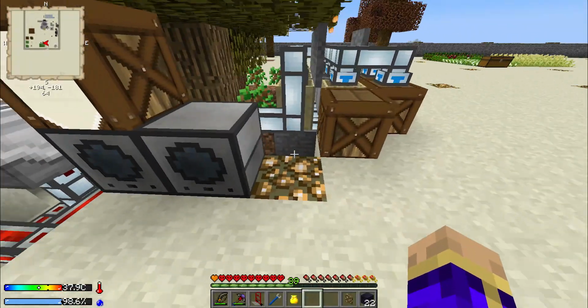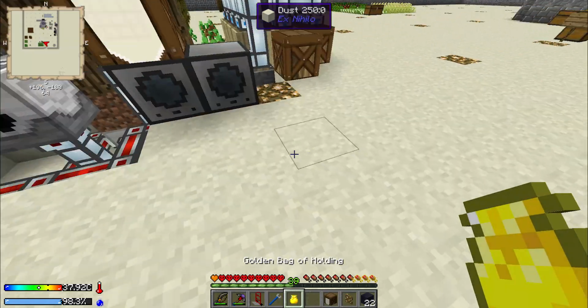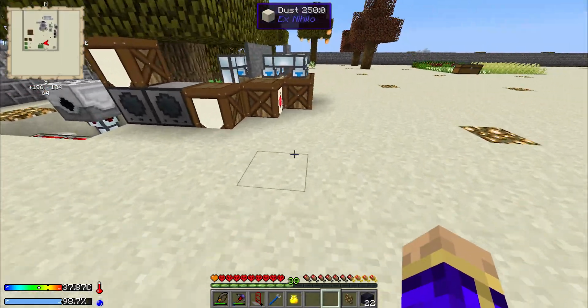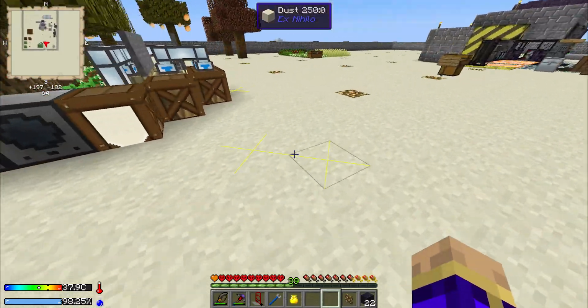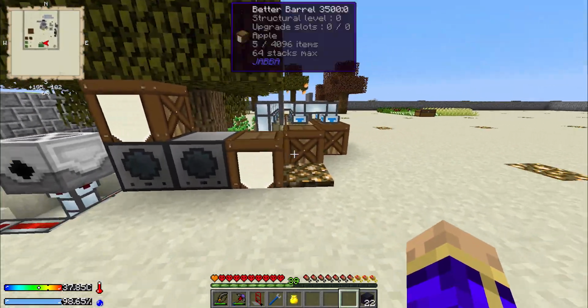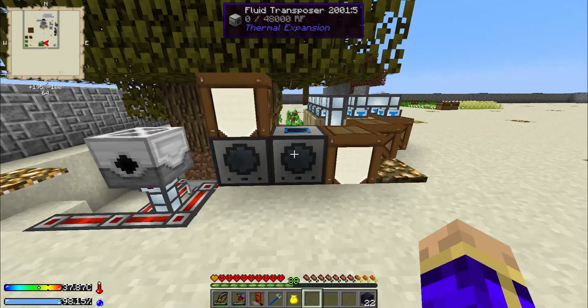And I'm going to set up another barrel. You'll notice I use a lot of barrels. Well, I happen to like barrels. Let me see. Nope. Better barrel seems to count as a transparent item. Or no, it doesn't. I lied. All right, so we are going to need a different light. There we go. So, with the barrel there, and this thing accepting items on the top, I can set a